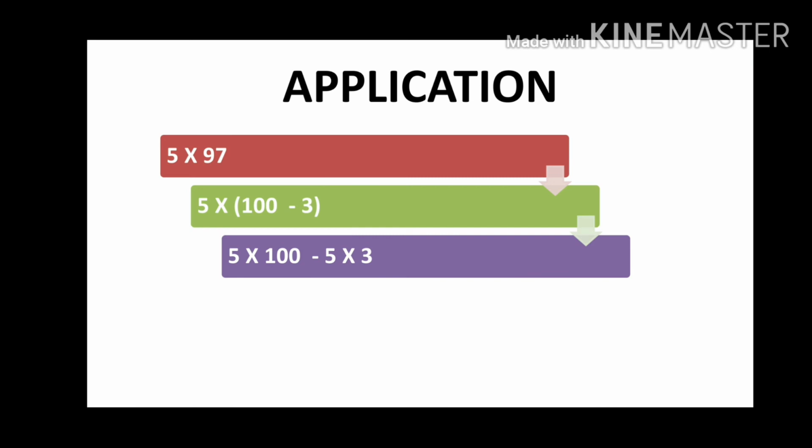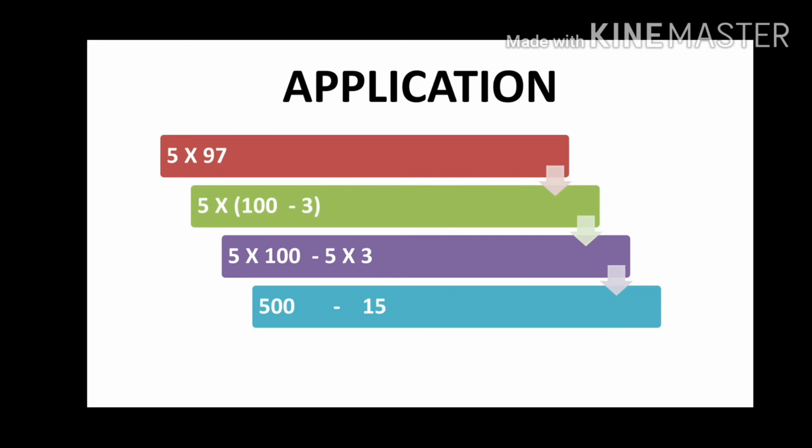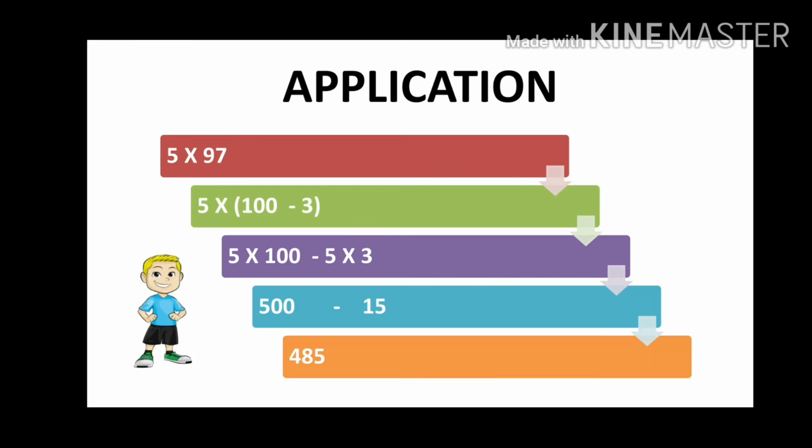So, the same Johnny's way we will follow. 5 outside the brackets, inside we have 100 and minus 3, so he wants everything inside it. So he will take them. So 5 multiplied by 100 minus 5 multiplied by 3. So that becomes 500 minus 15. First multiplication, then addition or subtraction, whatever. So we get 485. So that's Johnny's way again.